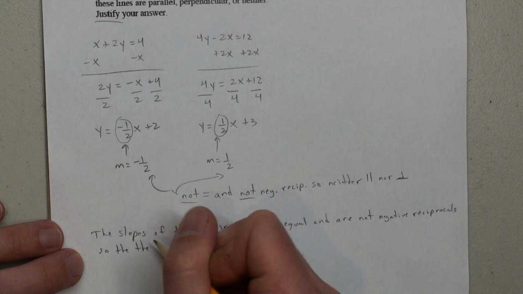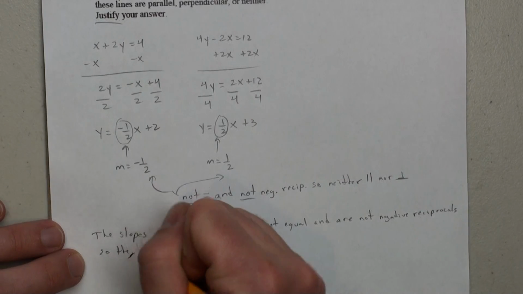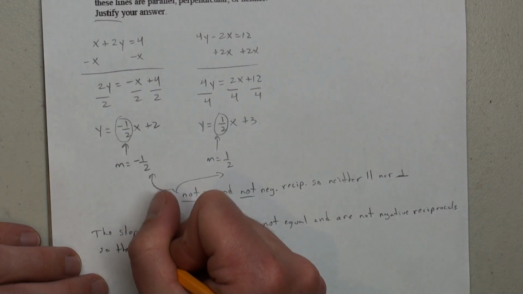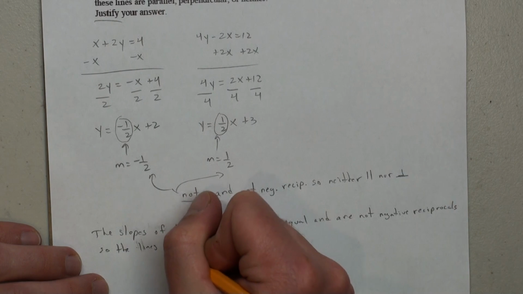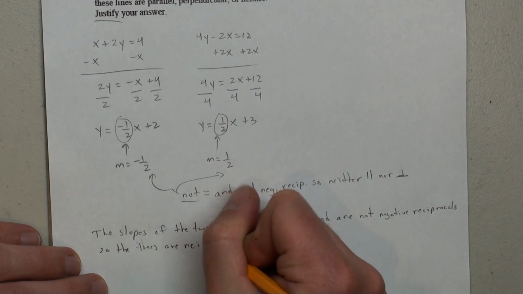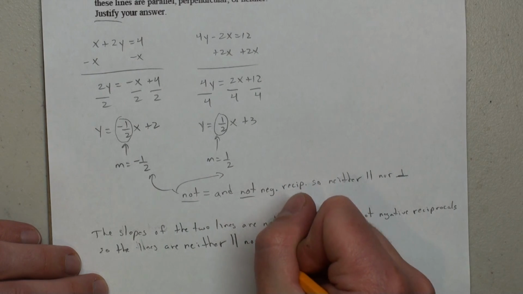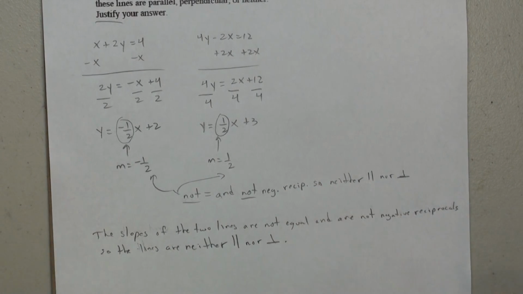So the lines are neither parallel nor perpendicular. Okay? Neither or neither. Alright, that's the first